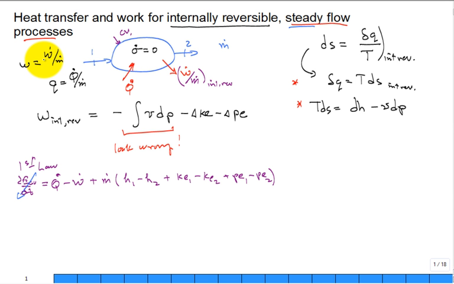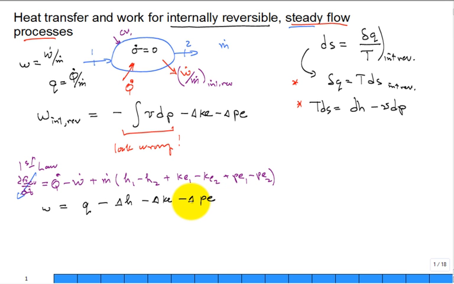It's how much per unit mass is flowing through the system. So what we'll do is we can do this. We'll write it as del W, or just do this one, lowercase w is equal to lowercase q